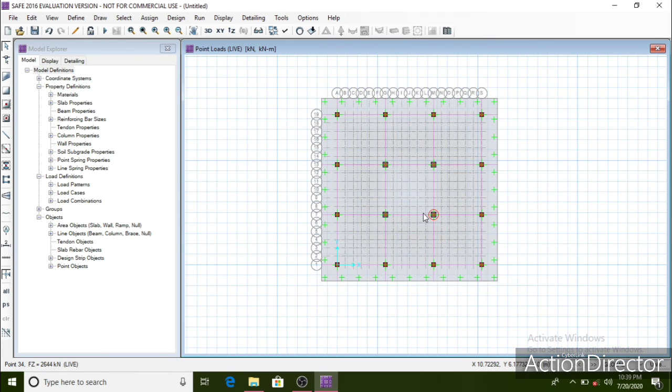So with this we have changed the rebar material to HYSD 500 for all the design strips.